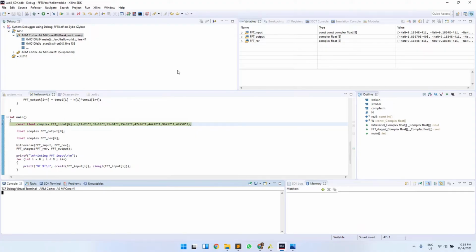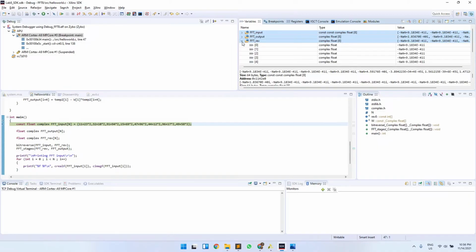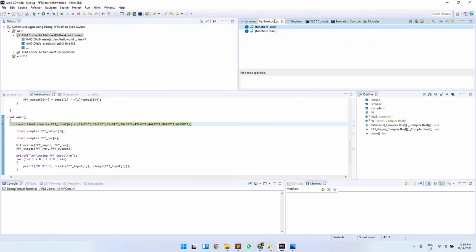Once this debugger is launched, we can again see the main function set as breakpoint for the core 0 of the Zybo, and then the list of variables, which is the FFT input, output, and the output of the bit reversal function, and the breakpoints as main and exit.